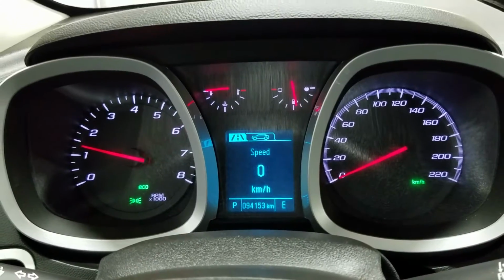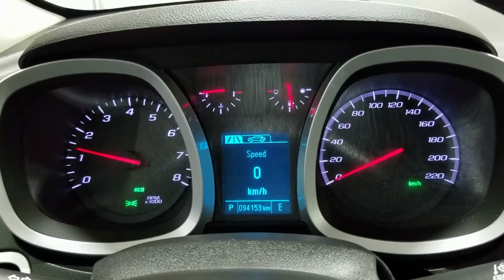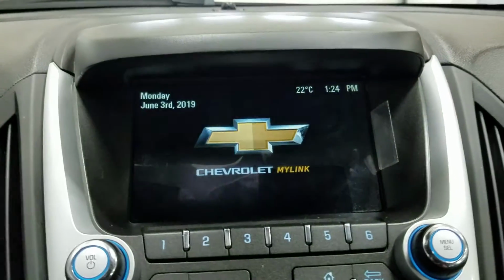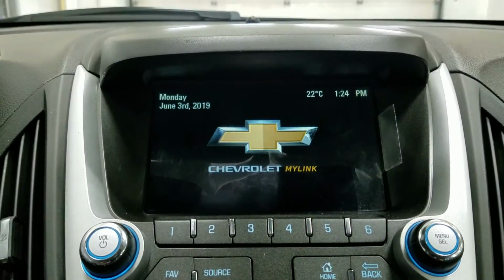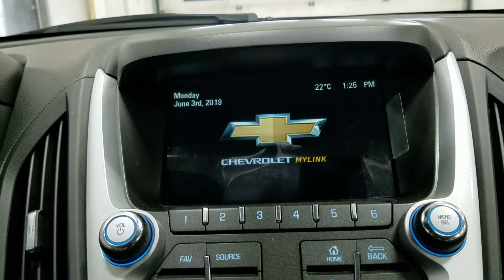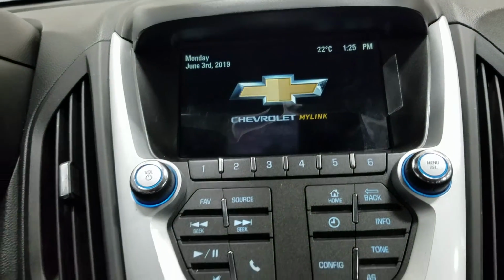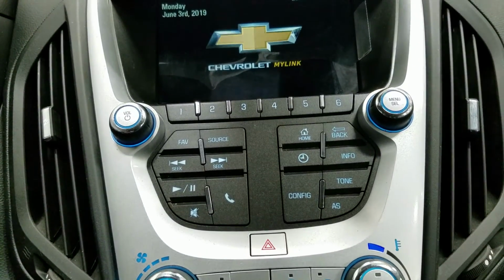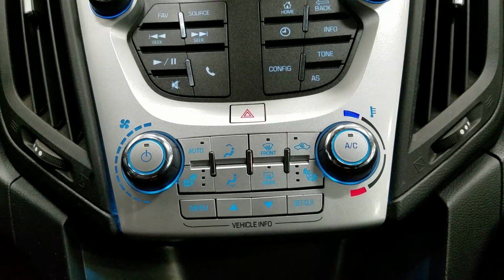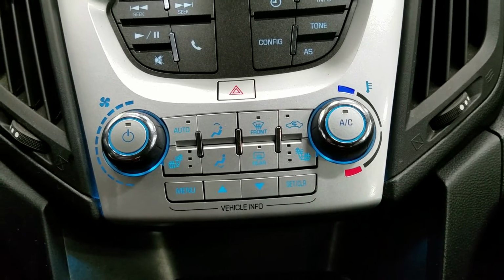As we look ahead, you'll notice we have 94,153 kilometers on our Chevrolet Equinox. And over at our Chevy touchscreen display, we have our radio control, as well as AM and FM, Sirius XM, as well as we can watch the display of our reverse camera. And down below we have our controls for our display, as well as our dual climate control area, which includes air conditioning and heating throughout our entire cabin,